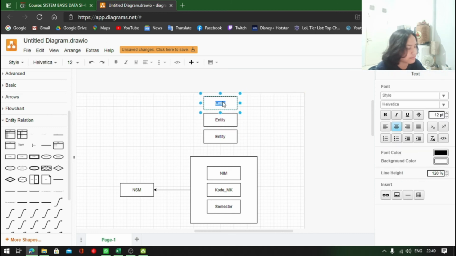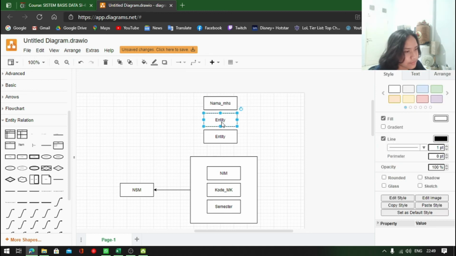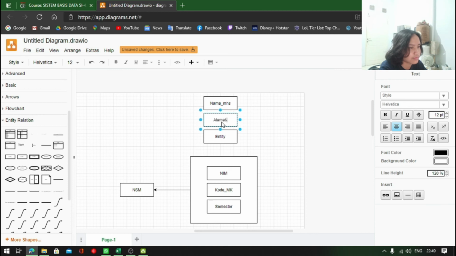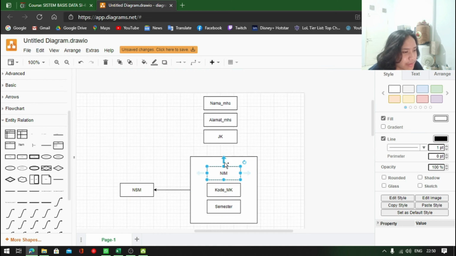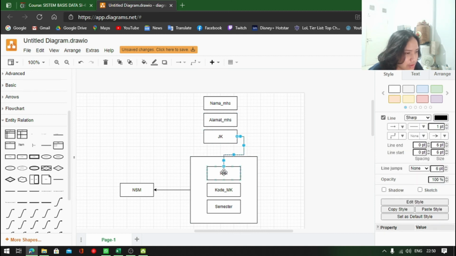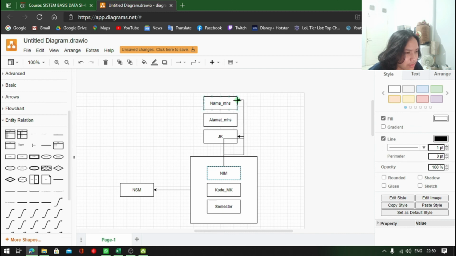So we have nama mahasiswa, we have alamat mahasiswa, and JK. We have the connection, the attribute name that consists of these three. So we're going to make a connection here. This one is name, address,